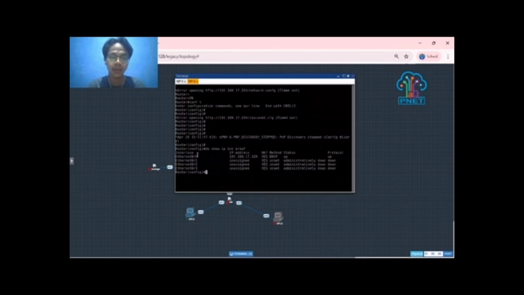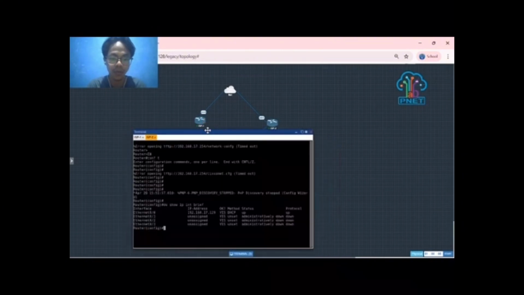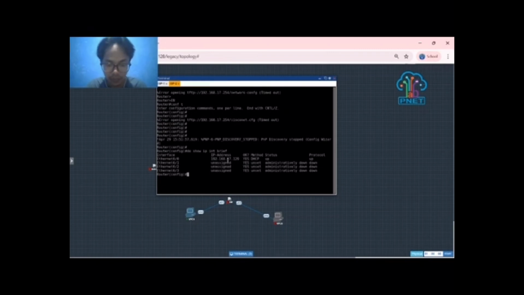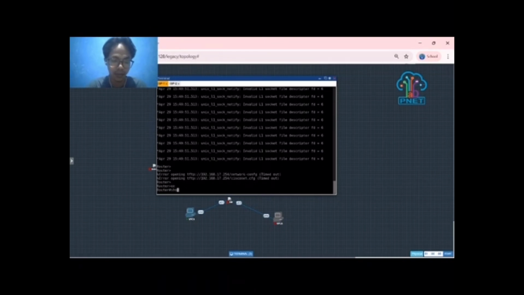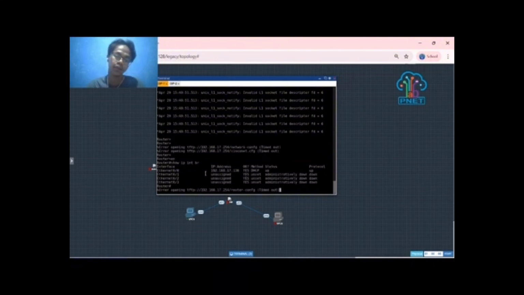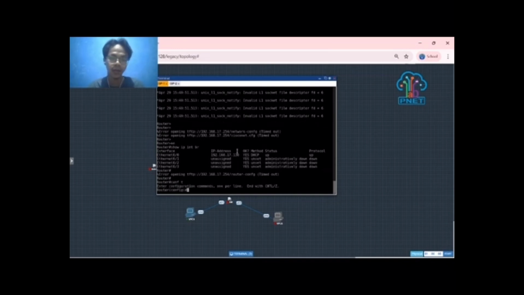We can see the interface ether 0/0 gets an IP by DHCP, which means the method is DHCP. And for ESP2, show ip interface brief. They have gotten the IP by DHCP from the internet.